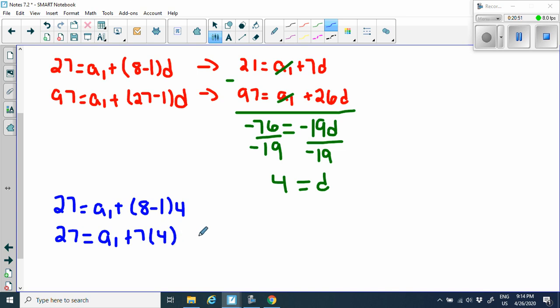So that'll give me 28 when I do 7 times 4. So I have now 27 equals a sub 1 plus 28. I subtract the 28 to the other side. So that means I get a sub 1 is equal to negative,